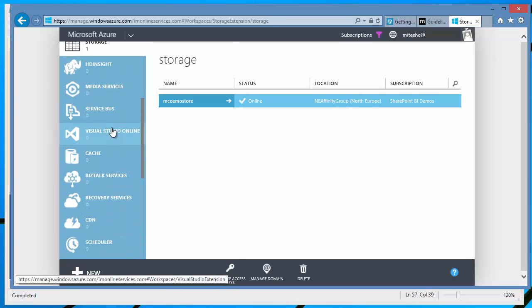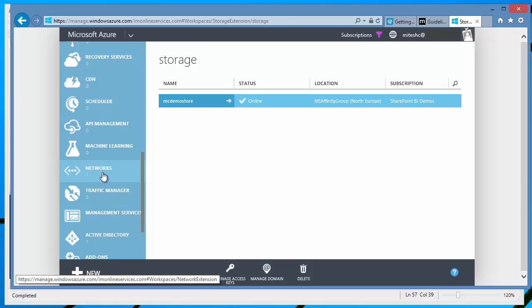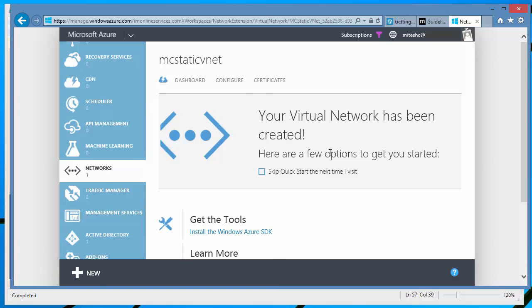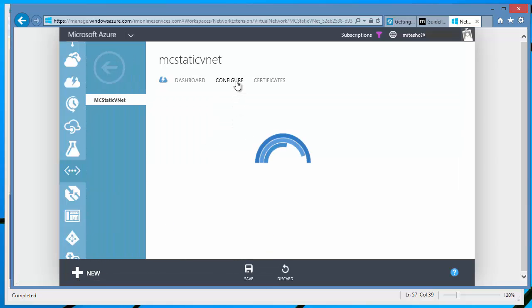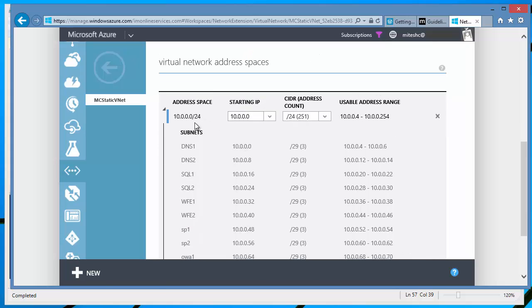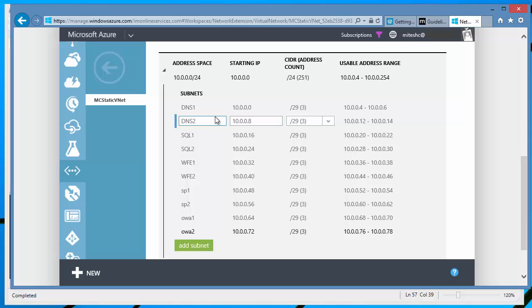And the third thing is the virtual network. So I've got a static VNet, I've just called it static VNet, and inside there I've got my virtual network configuration, which shows us the range of IP addresses I can use, which is here, and each subnet within that range. I've chosen a subnet per machine, so that gives me a little bit of control over the